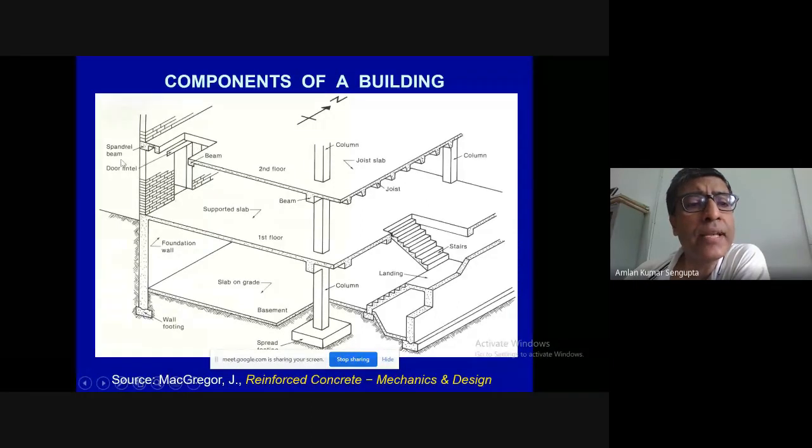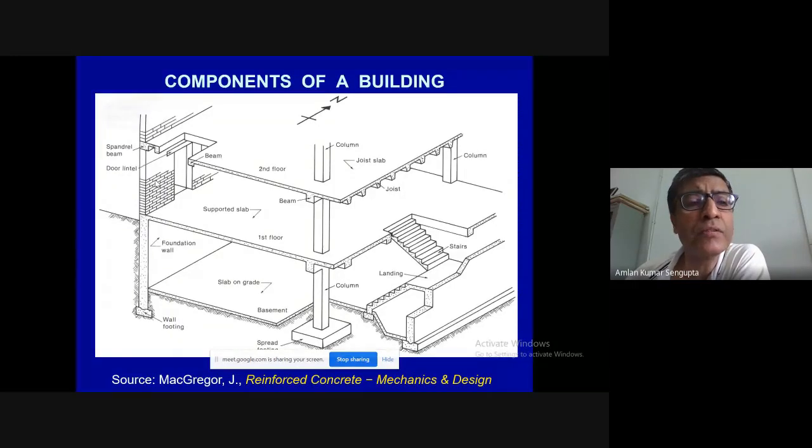Another few things are special types of beams, like the spandrel beam, which is a beam at the edge. This type of beam is typically subjected to torsion, and hence the special adjective spandrel beam. There can be small secondary beams like the door lintel, which supports the brick wall above it. The lintel is provided over any openings like doors or windows. The lintels are just designed separately.